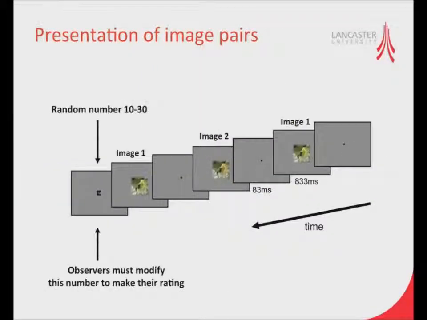Okay? And the way I presented the images are as follows. So there's a fixation point. I present first image, second fixation point, second image, fixation point, first image again. The reason why we have this setup is because the images are randomized, and we want them to be presented with both changes. Okay? And then at the end of that, there's a random number between 10 and 30, and the observers are asked to modify that number to generate the number they want to enter. The reason why the number is on the screen and is randomized is so that we don't have an anchoring effect, and the number is on the screen so that the observers don't have to move their eyes away from the screen to type on a keyboard.